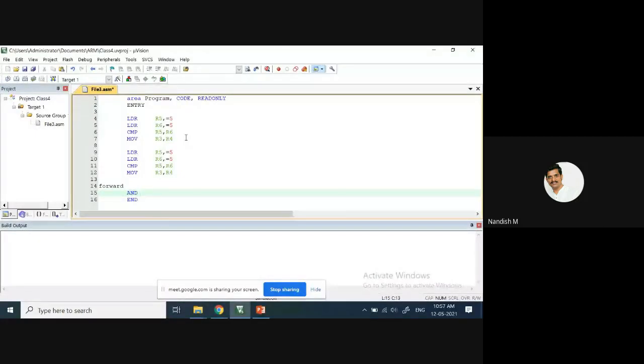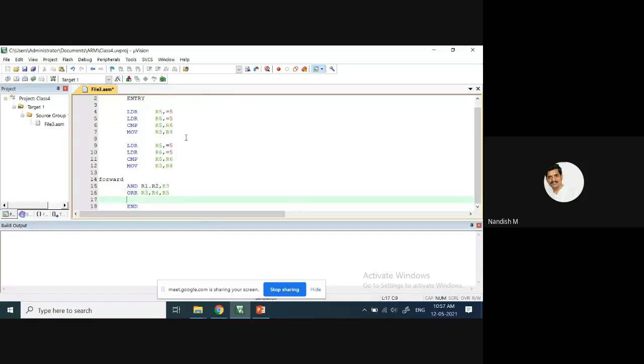And R1 comma R2 comma R3. In the same way, ORR sum R3 comma R4 comma R5. See, you want to skip these 4 instructions and you want to execute these 2.